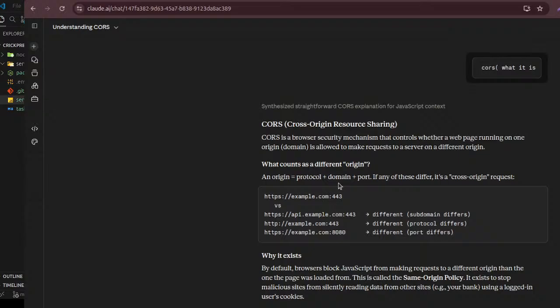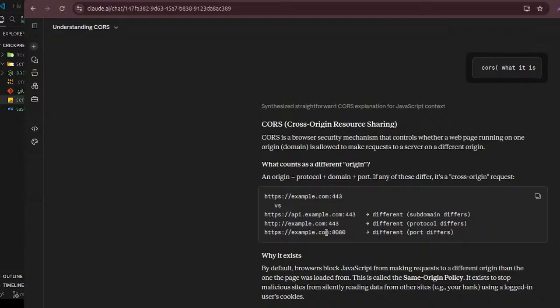For example, your website is www.example.com, but someone wants to use your API and his domain is www.example01.com. So 01 is trying to access your API, and of course we do not allow it, because it's your internal resource.